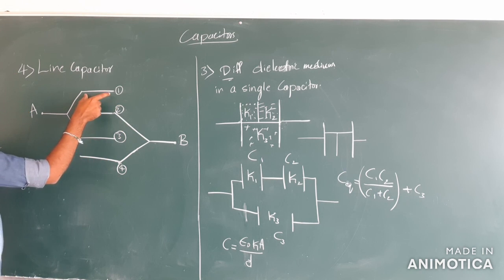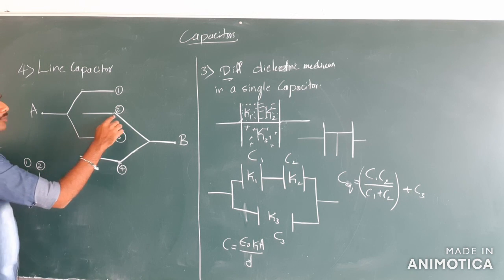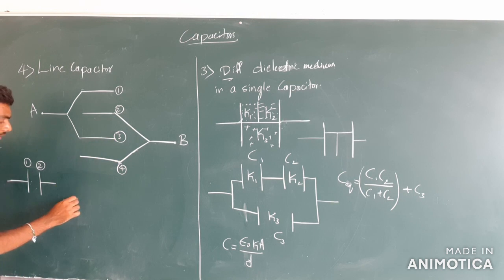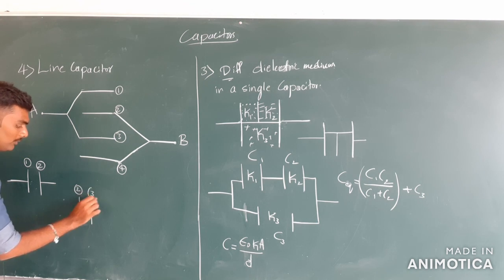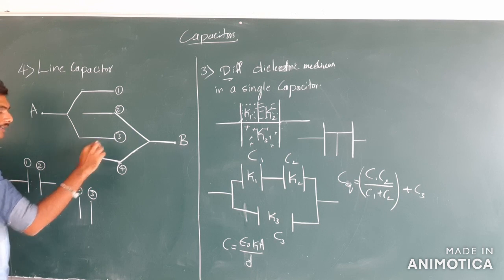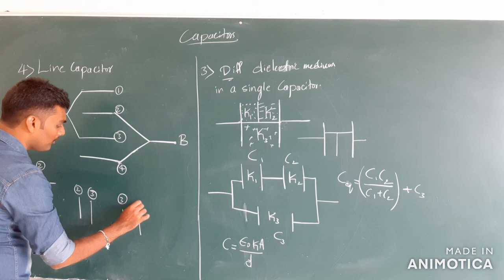So this combination of plate 1 and plate 2 makes a capacitor. I will draw them here, 1, 2. So this is how I can draw. Now similarly, plate 2 and plate 3 together can make a capacitor again. That looks somewhat like this, plate 2 and plate 3. And again plate 3 and plate 4 together make a capacitor. I'll also draw a capacitor for that, plate 3 and plate 4.